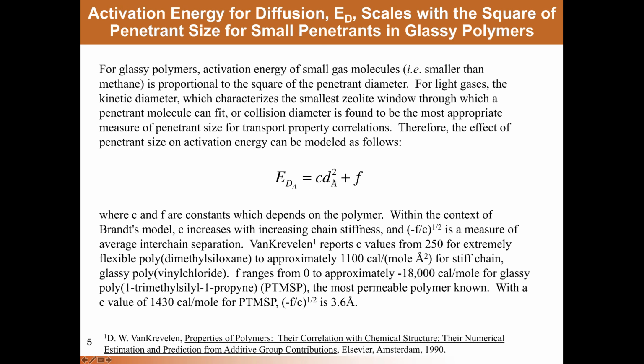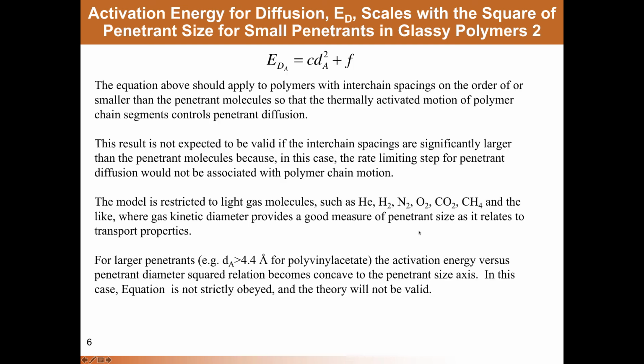F is typically negative. There would come a value of the penetrant diameter where the activation energy would go to zero, and you could imagine that particular penetrant diameter, which would be minus F divided by C raised to the 1/2 power. That is the diameter if you set ED equal to 0, that would be some measure